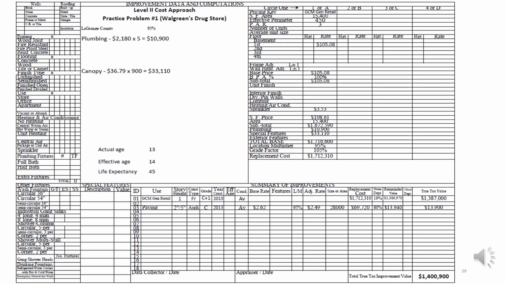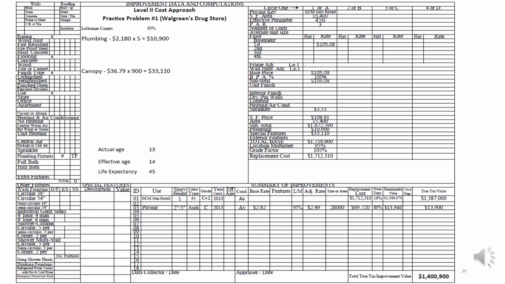Again, there are two different ways we can look at it. You pick whatever one works best for you. We can take the replacement cost times the depreciation percent and get our depreciated dollars. And then we take our replacement cost and subtract out the depreciated dollars. That will give us our remainder value. Or we start with our 100% replacement cost new. We subtract our 19% depreciation, and that's going to give us our remaining percent. And then we're going to take our remaining percent times our replacement cost to get our remainder value. Either way, our remainder value is going to equal 1,386,970. There's no obsolescence depreciation, so we're going to round that to the nearest hundred, and our true tax value is going to be